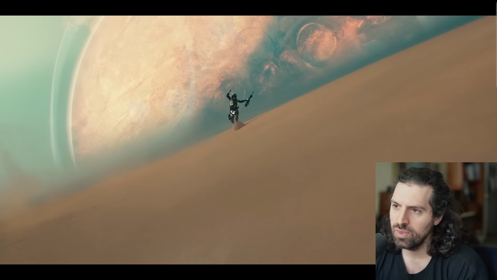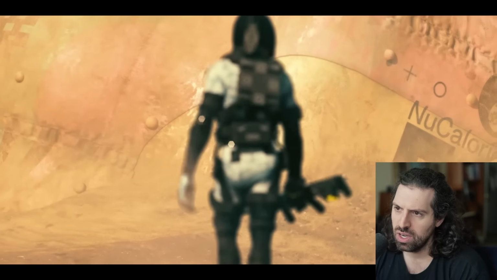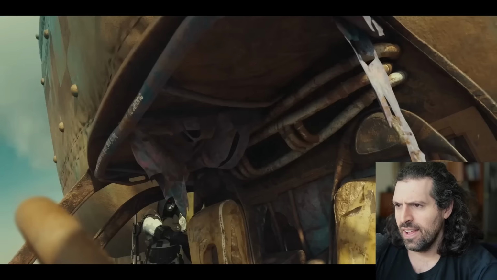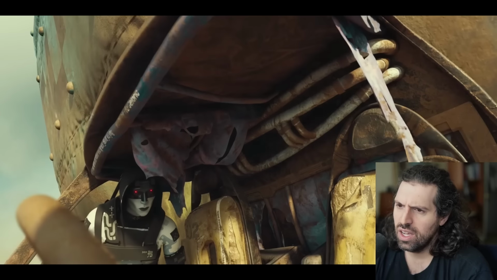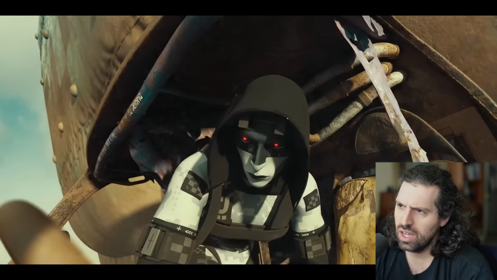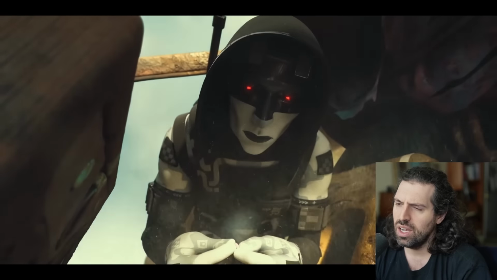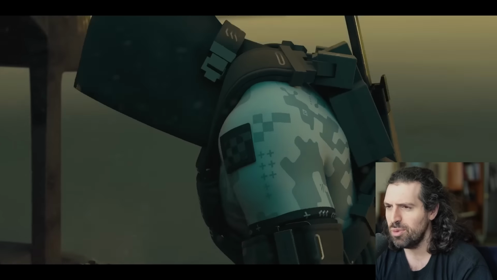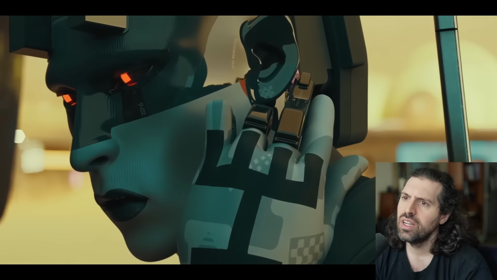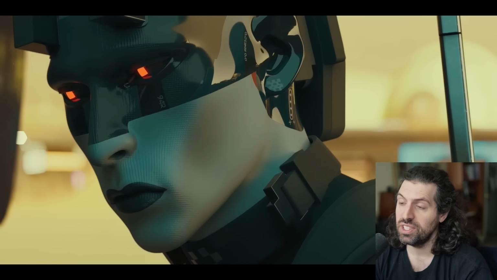Vast, trunkless legs of stone stand in the desert. Near them, it's a great shot. Half sunk, a shattered visage lies, whose frown and wrinkled lip and sneer of cold command tell that its sculptor well those passions read, which yet survive. It's just so strange, the imagery of the people. Mocked them. I love it.